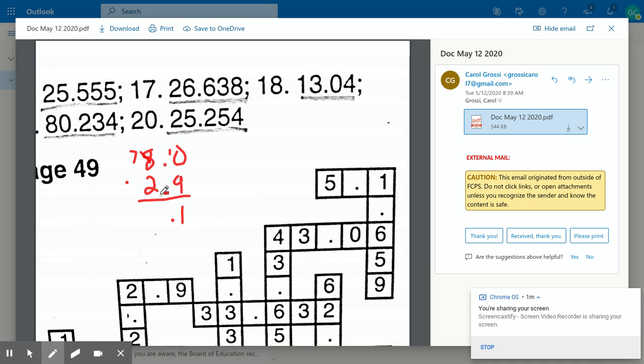7 minus 2 is 5. And so then this is 1 across. On your crossword puzzle, you'd put 5.1, right? Then if you go down and do number 2